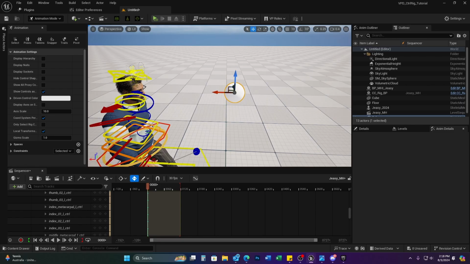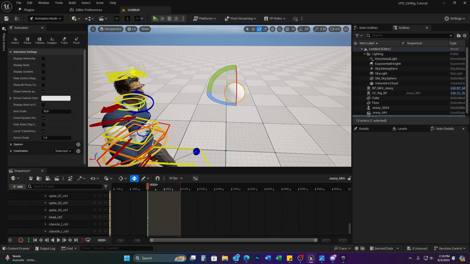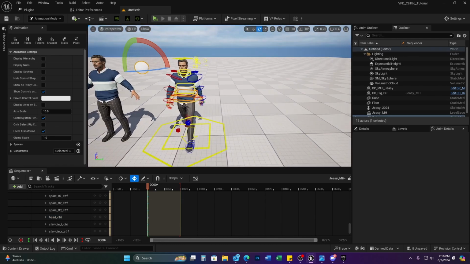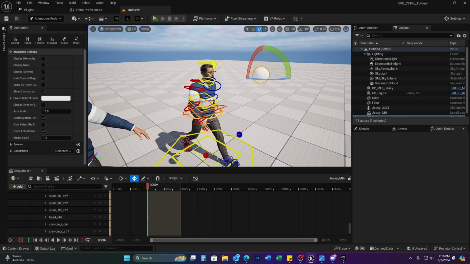On the control, let me just correct this a little bit. Okay. So, as my character is walking, I want my character to look at, let's say, this object or another